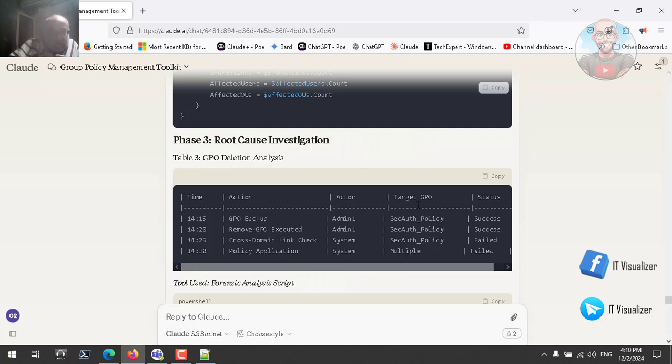So target OU is SEC authentication policy. So what does this mean here? Analysis. Here someone removed a group policy and they are analyzing the steps. GPO backup before deleting, remove GPO executed, successful, cross domain link check. This was not done. Okay, so they deleted it from the main office domain, and